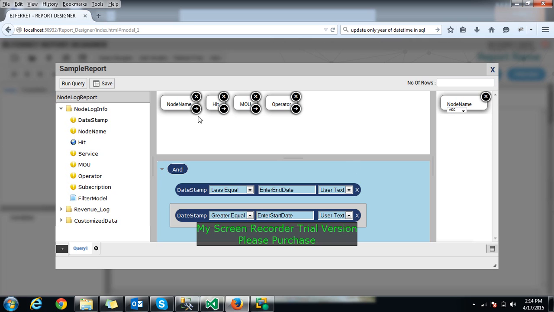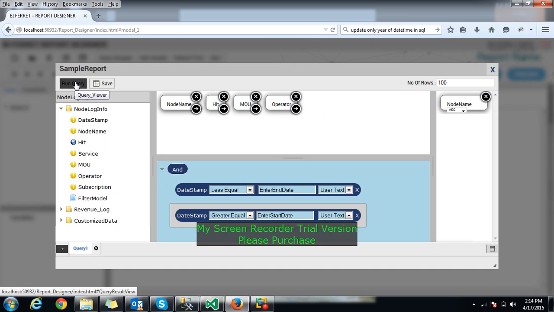So this is how we can create a query. We can limit the row number. I'm selecting top 100 rows. So this is how we can create a query here, and I'm going to save this query,